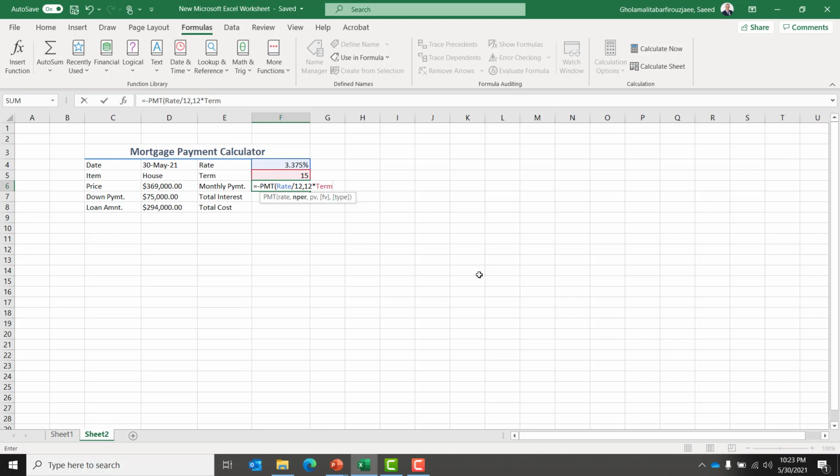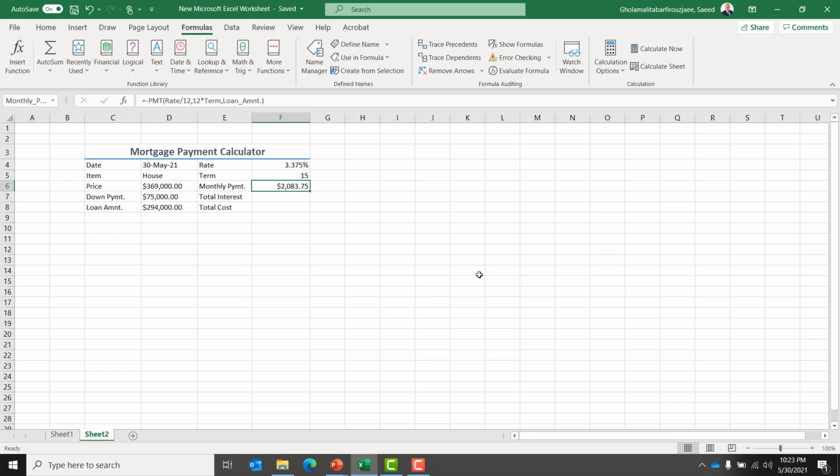All these formulas are going to be given to you. And for the present value, it's going to be the loan amount. And then close. So the monthly payment with these input values is going to be around $2,000. Now we have to